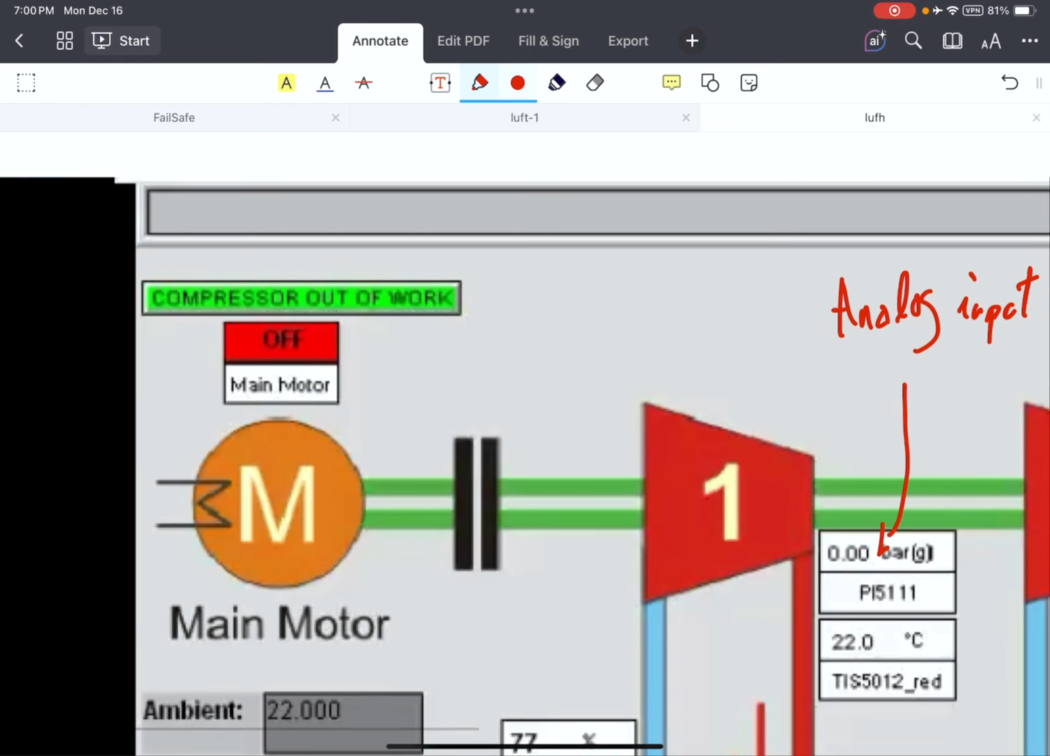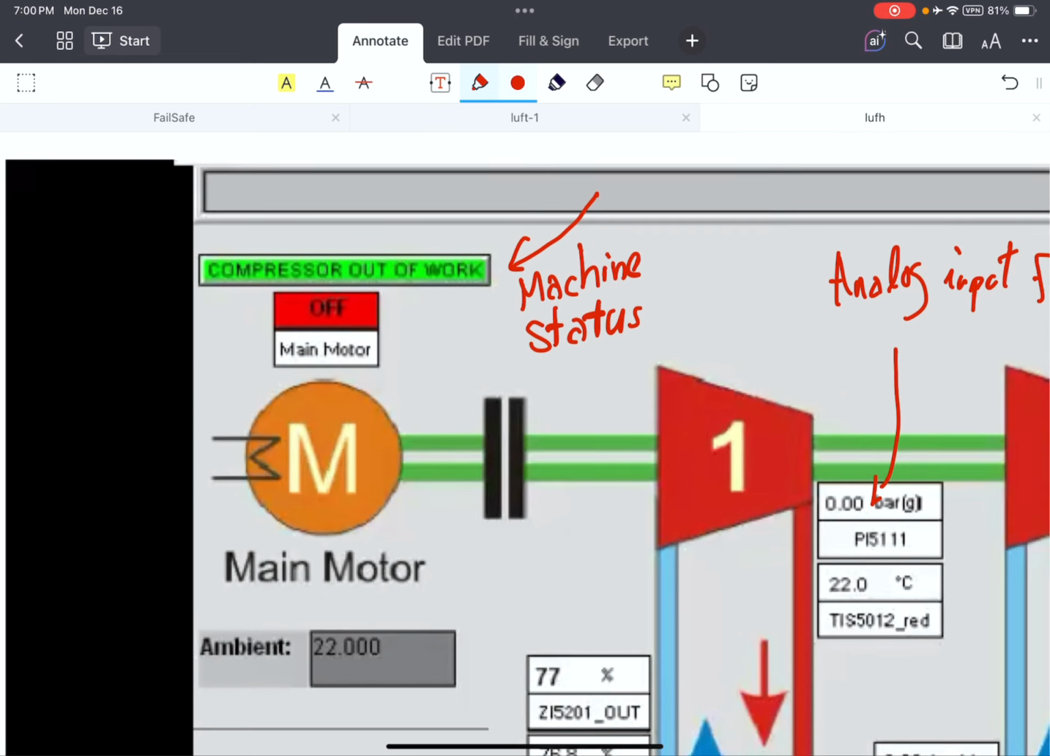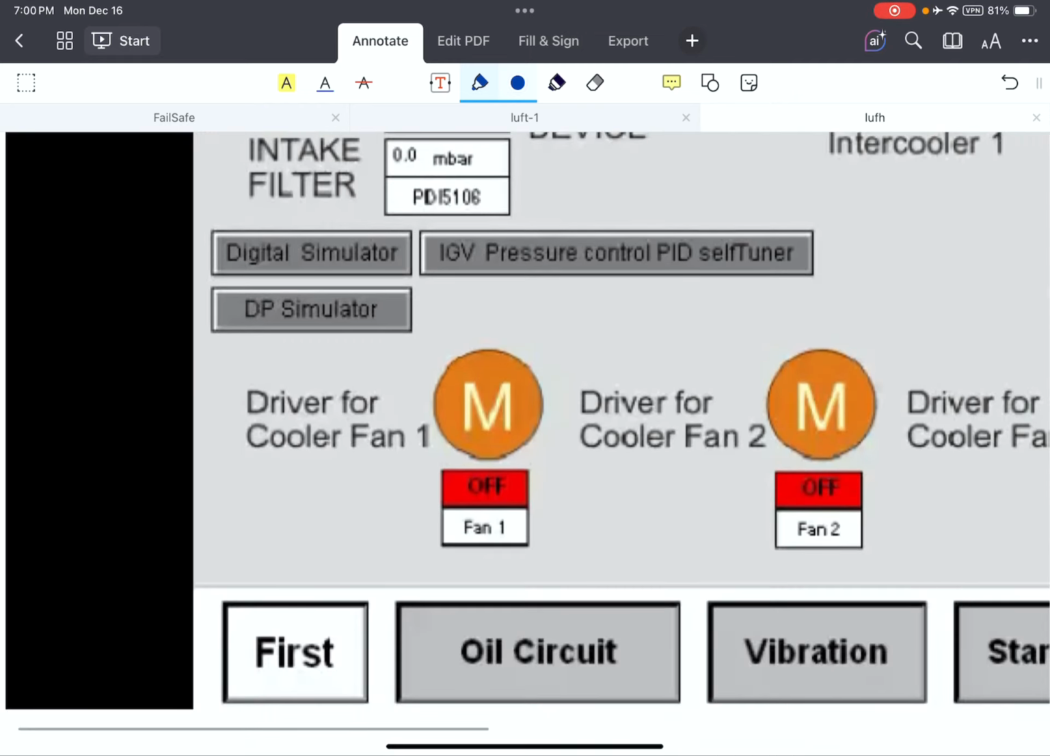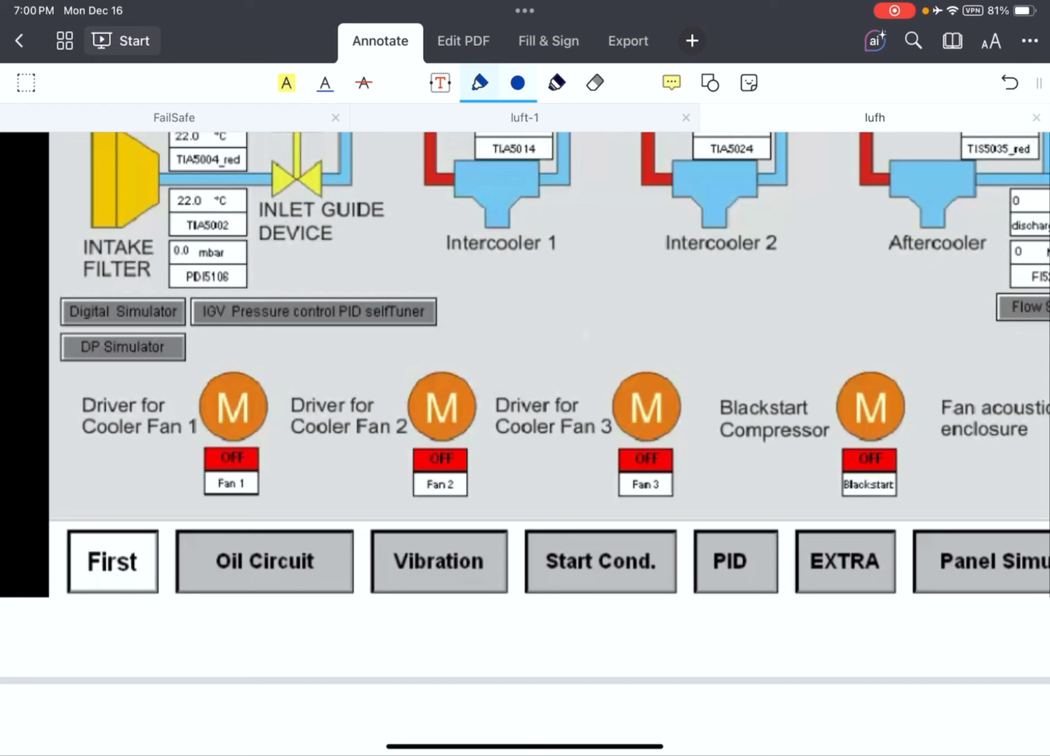Status of machine. Machine status: if it's out of service, in run mode, stop mode, shutdown mode, permissive, and standby mode, everything. And the indication for all electrical components. We have here the main drive, and the indication for all other drives. So indication for on-off status, on-off actuators,